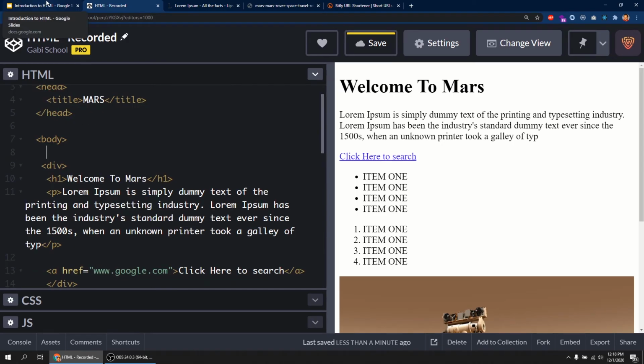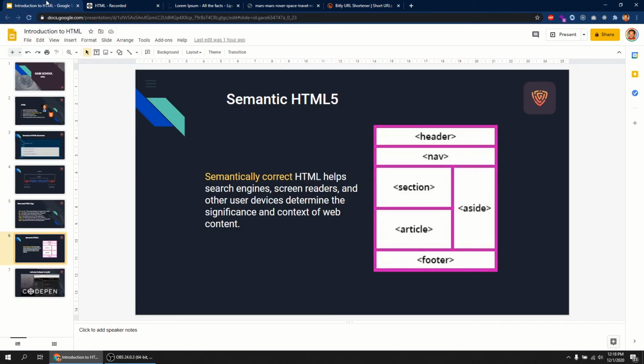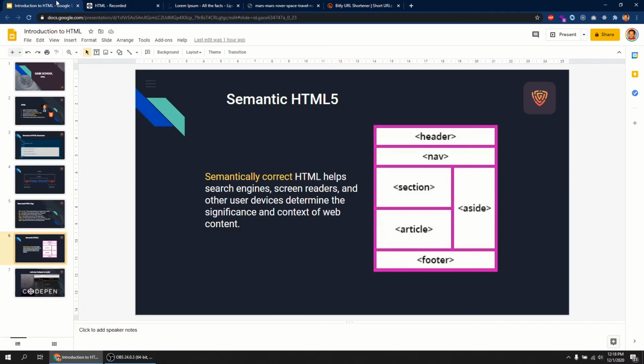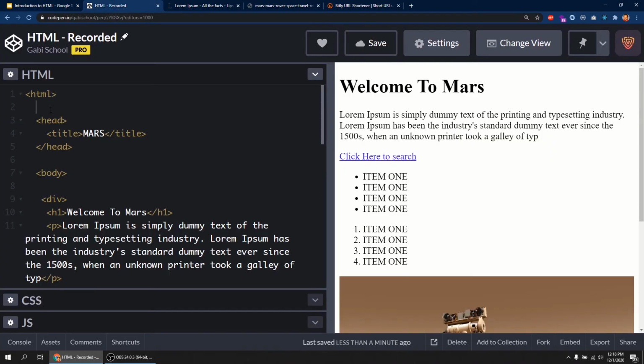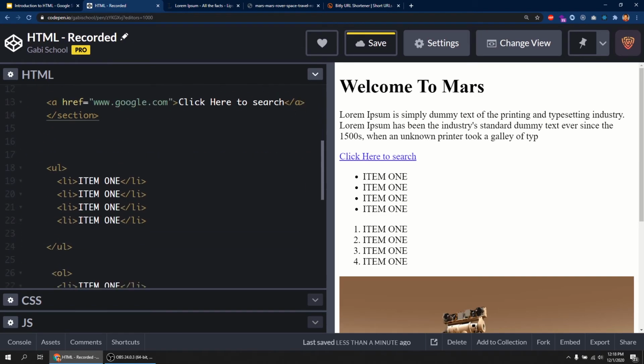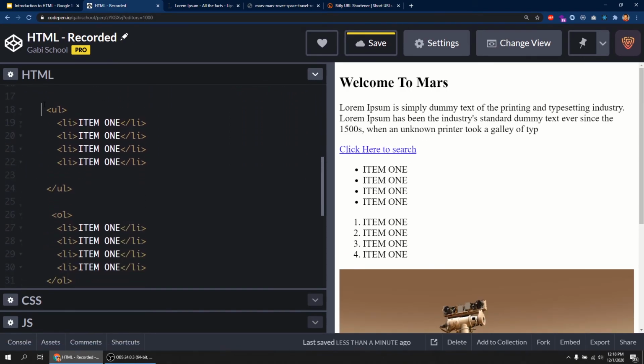And the last thing, let's make sure we use semantic HTML because right now everything is unorganized. There are no sections. As you can see here, for semantic HTML, we need to have header, nav, section, all this. But right now we don't even have the nav. We could create the nav, but we will go with the section, and then the article and then footer. That's what we would use for now. So I would say right here, instead of div, we will say section, and also we will add all this in the same section,